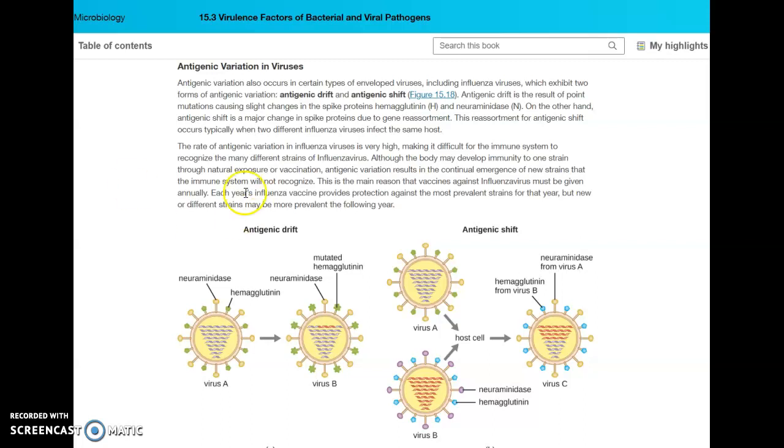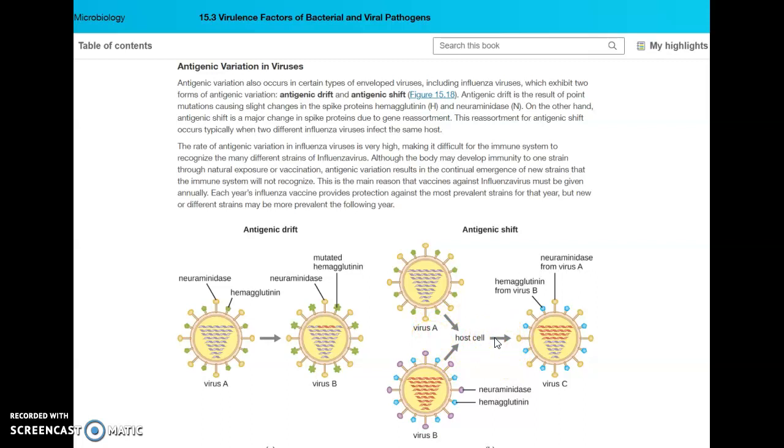Okay, so we have virus A here with our oval-shaped N proteins and our pentagon-shaped H proteins. And we have another influenza virus that has also the same shape, but we've got them illustrated here in a different color. Okay, so they basically have different N and H proteins. They both infect the same host, and so they